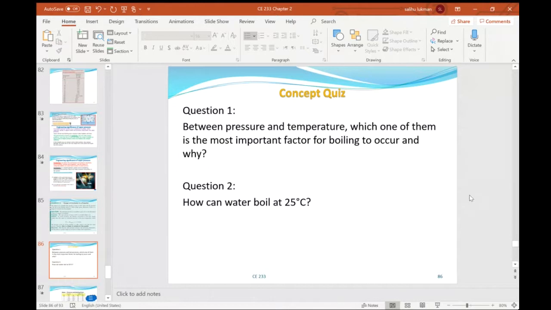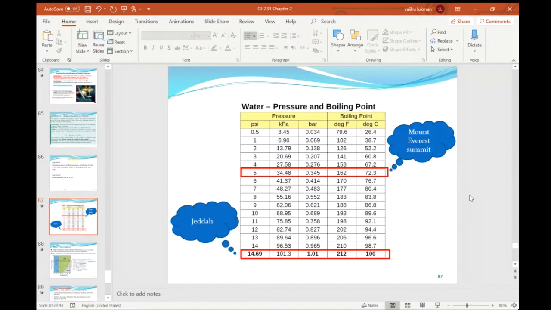The second question is, how can water boil at 25 degrees Celsius? The normal boiling temperature of water is 100 degrees Celsius at 1 atmosphere. So at 25, it means you have to reduce the atmospheric pressure to the vapor pressure of water at 25 degrees Celsius, which is what? The vapor pressure of water at 25 degrees Celsius